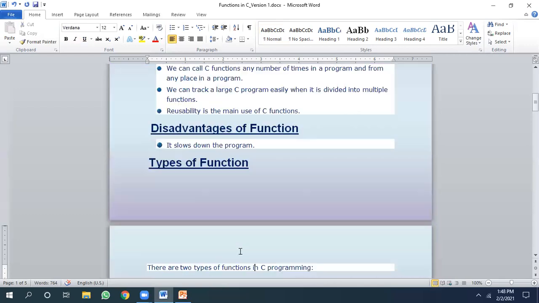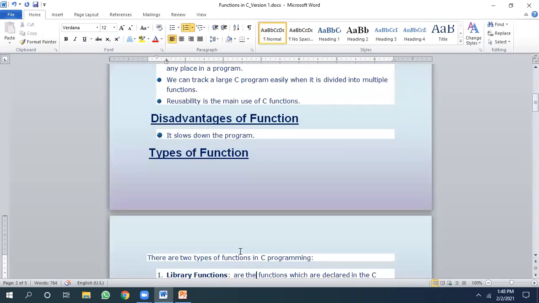But does function have some disadvantage? Obviously, it has some disadvantage. One crucial disadvantage of C function is it slows down the whole system. Now, if we use a function, what happens? The function will be invoked. Internally, stack concept is used for invoking functions. Now, the more times we use function, the more times memory will be referred. We know that computer memory works at slower speed than the microprocessor. So each time the RAM is accessed, things will become slower.